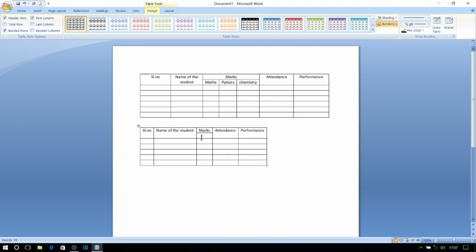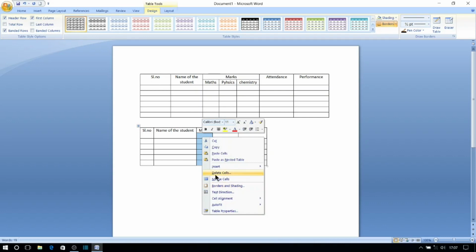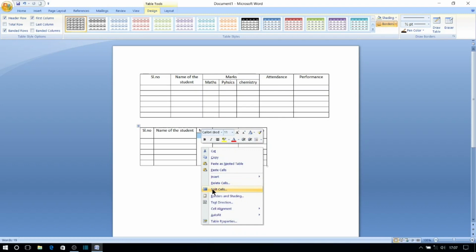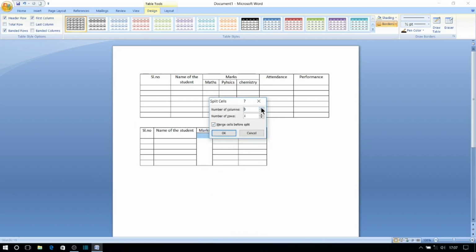Now leaving the first row, you select all other rows in the column and you merge it and again go for split cells option. Now see the column has been split into 3 different columns. The same way we can enter the data in the table.